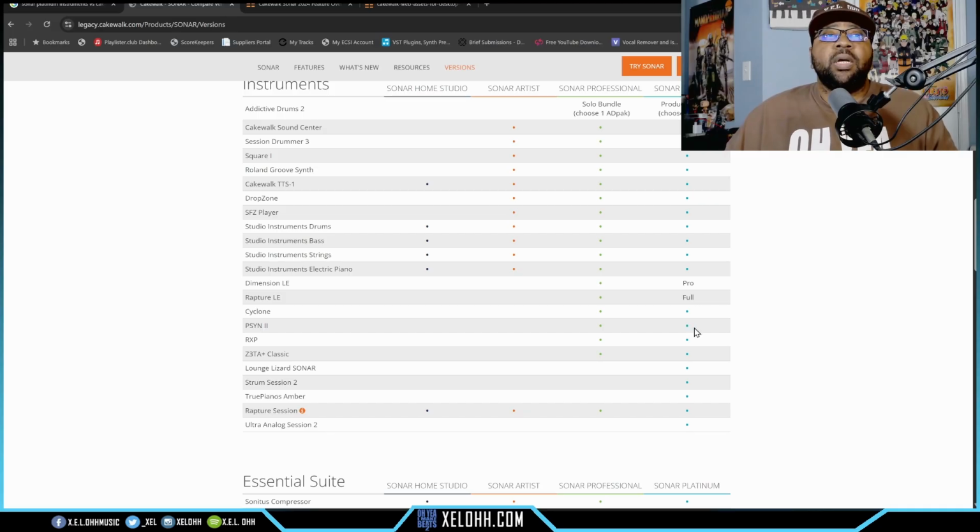So this Python 2 was cool, another synth that you had. RXP was another thing. The Z3TA was really, really dope. I thought it gave a really good, interesting sound selection inside there, and the way you can manipulate the sounds is really dope as well. Definitely, Cakewalk, bring it back, man. Z3TA, bring it back. All right, so you also got Lizard Lounge with this, Strum Session 2, True Pianos,